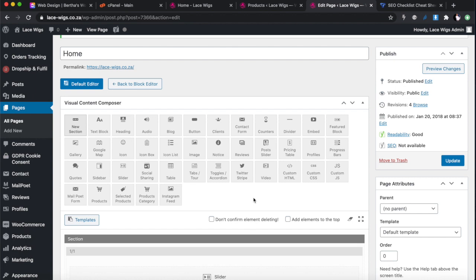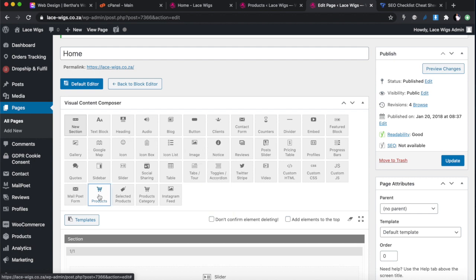to add a whole lot of customizable things that normally you would need something like Elementor Pro to do. But once you install this once, you only pay for it once, and you've got all of these things that you can add. For example, products. You can add products directly to your front page, and they'll be linked to the end page, and people will be able to directly place orders or add them to cart from the front page, which is really amazing. So that's what I'm going to add.